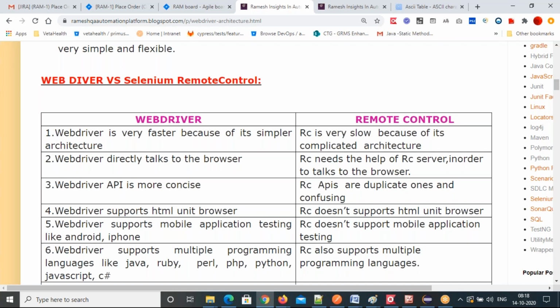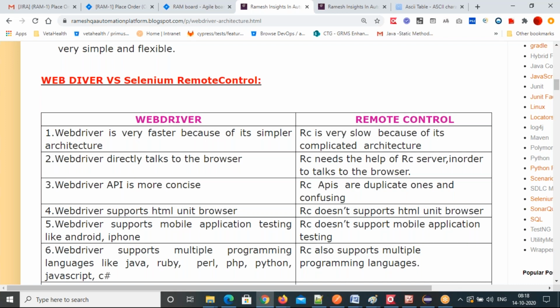WebDriver API is more concise. API is nothing but methods. The WebDriver developers created small methods, and those are called APIs. WebDriver is an open source API. Anybody can download the WebDriver jar files, add them to the project, and use them directly.